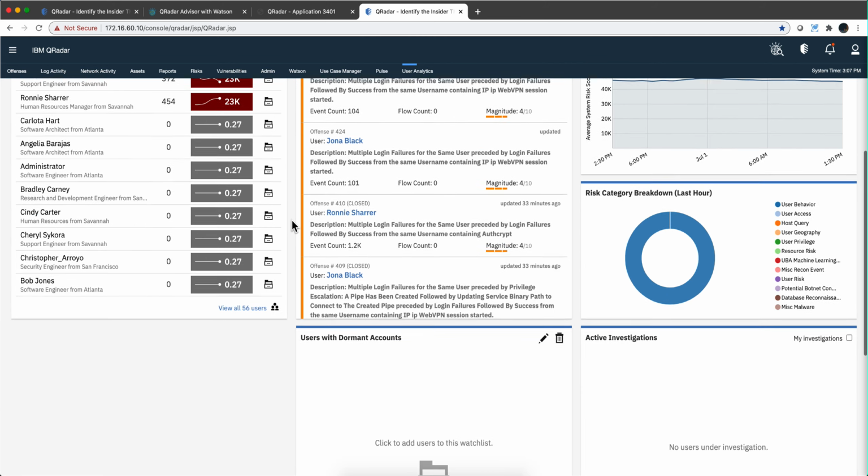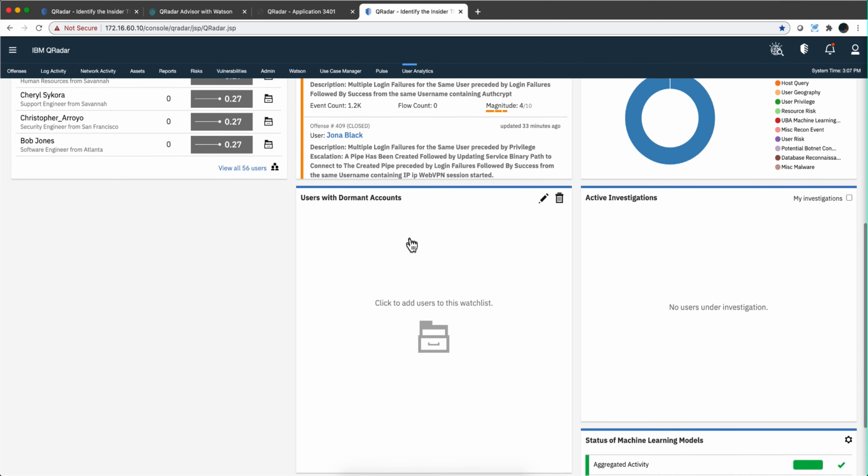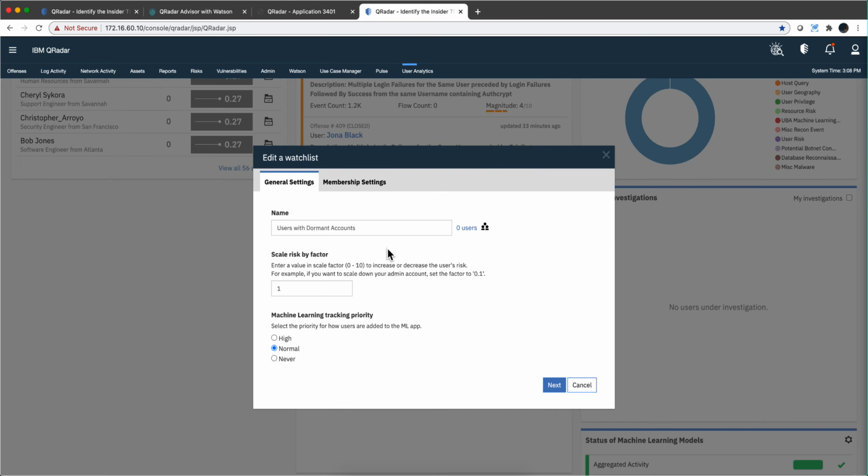In UBA, there is a concept of a watch list. So you can say, well, I'm going to be monitoring some particular people. I'm going to change the name. Let's say that these are the acquisition team. Say that this is a group of people that are going to be evaluating a company that we're going to purchase. We want to make sure that they don't do something fishy with it. We can add those